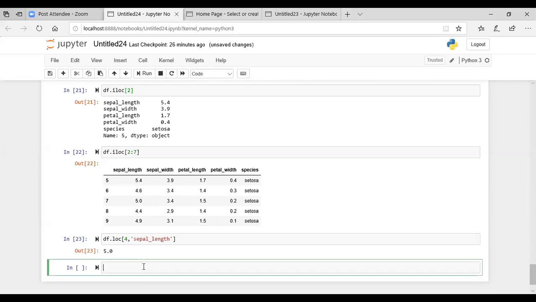If you want to access some specific rows and specific columns only, or to be more precise, a subset of rows and columns, you can do that here with df.loc, let's say from 2 to 6 rows, and for columns I want sepal length. I want one more, which is, let's say, petal length.